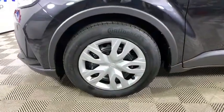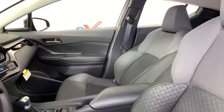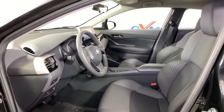This vehicle has less than 100 miles. Here are some of this vehicle's great options: traction control, dual airbags, power steering, four-wheel disc brakes, electronic stability control,